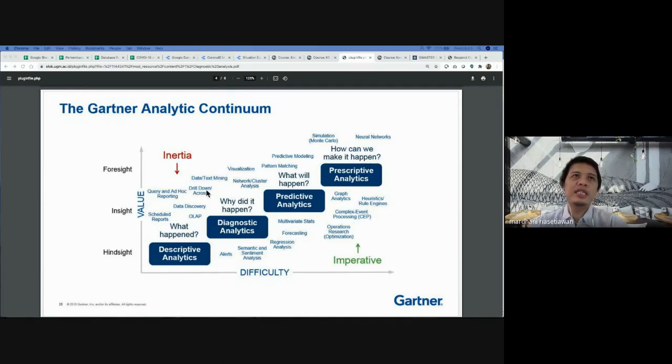So this is like the landscape of the methods we can use in every step of analytics, and what the direction is. You can see these keywords will help you find which algorithm matches your need for the type of analytics.